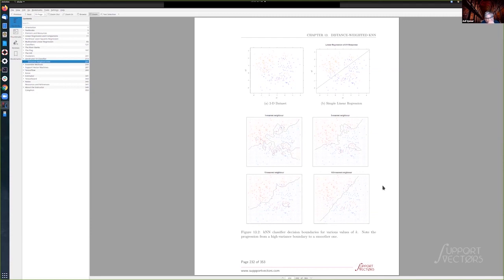And the question is, which is the best value of k to take? The answer to that is whichever value gives you the best predictions on the test data, isn't it? On the validation set, whichever gives you the best predictions, that is your value of k. So the proof of the pudding is in the eating. You have to validate it against data, see what the predictions are, how they come out, and base it